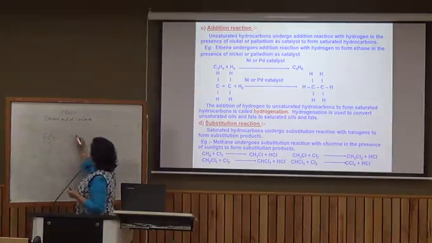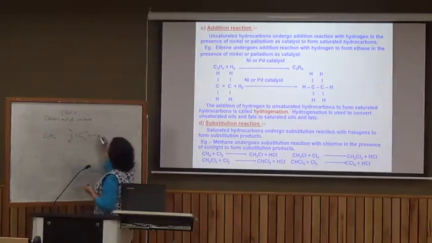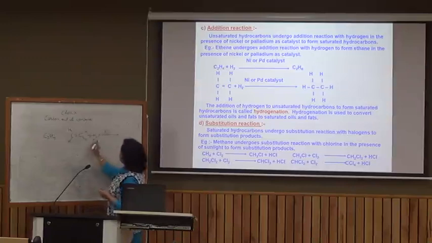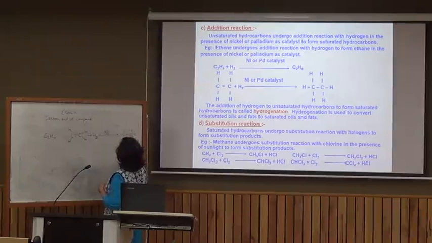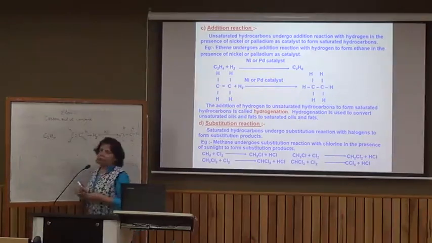I can write it as: when it is heated with hydrogen, or hydrogen is passed in the presence of nickel, the addition of hydrogen takes place across the double bond and it results in the formation of a saturated hydrocarbon, that is ethane. Ethene changes to ethane. Such a reaction in which a molecule